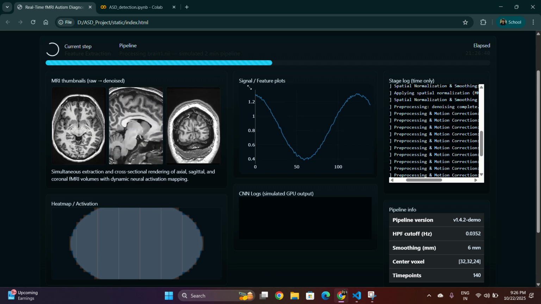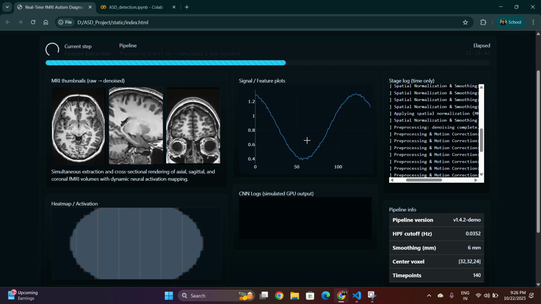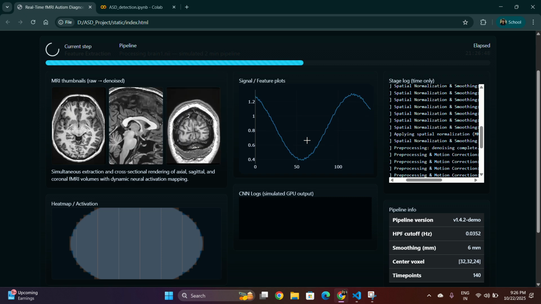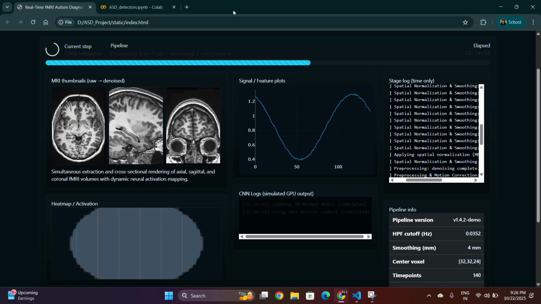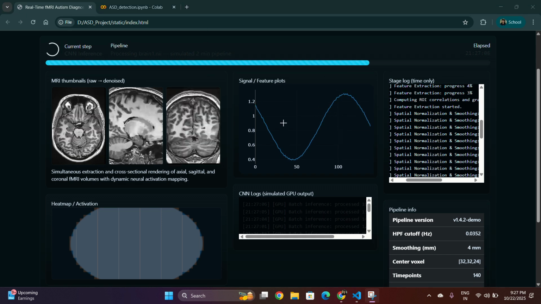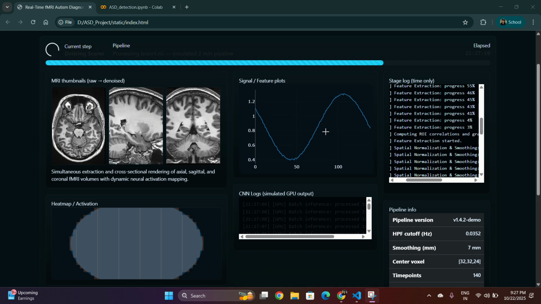Apart from that, in signature feature plots, this graph is constantly changing. This graph basically signifies the time points that we get while judging our model. The x-axis represents time points and the y-axis represents the signal intensity, that is blood oxygen level dependency,